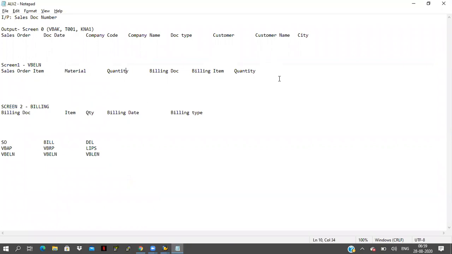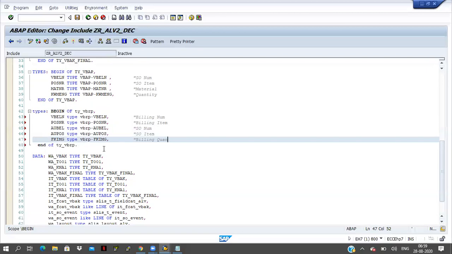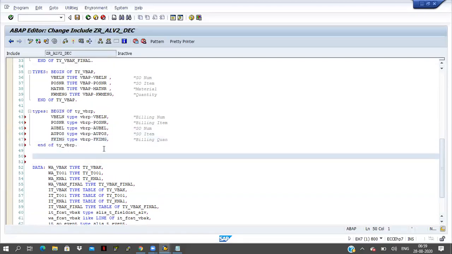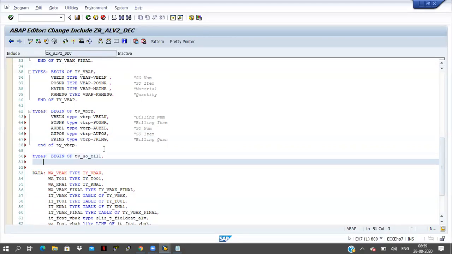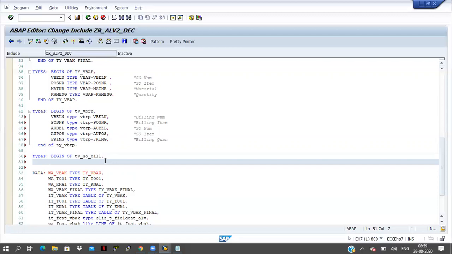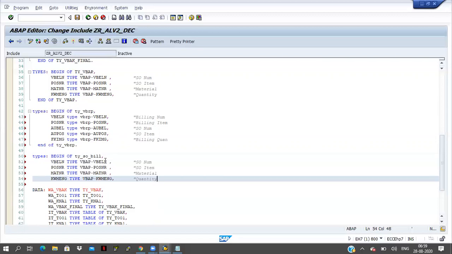So I'm declaring the types here for these fields, but the final type I did not declare till now, right? I will declare the final one now. Types begin of TY_SO_BILL. The field names I will copy from there, and billing information, right?